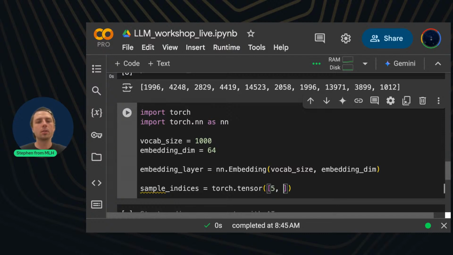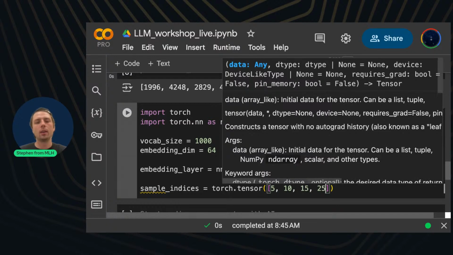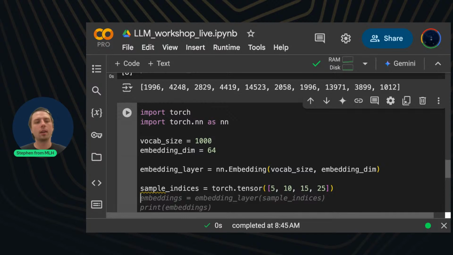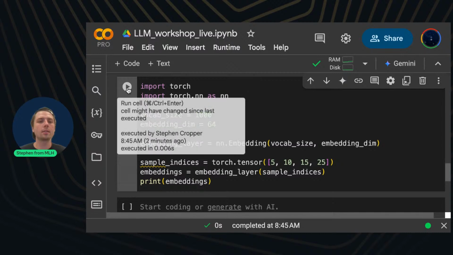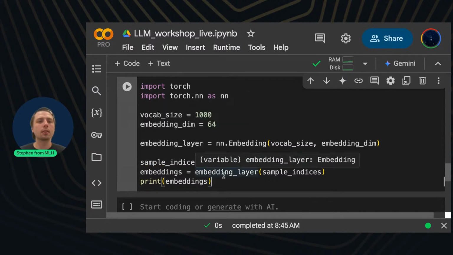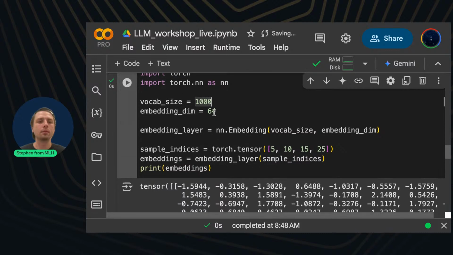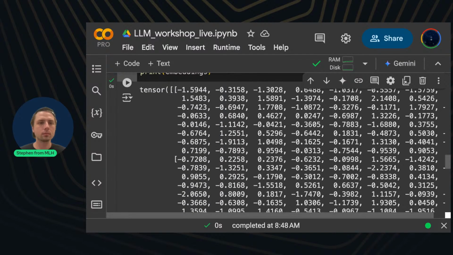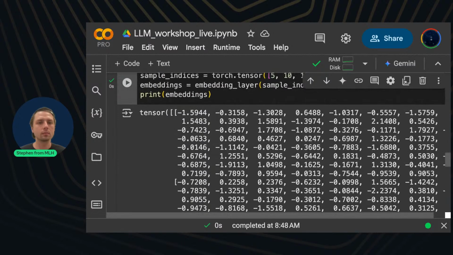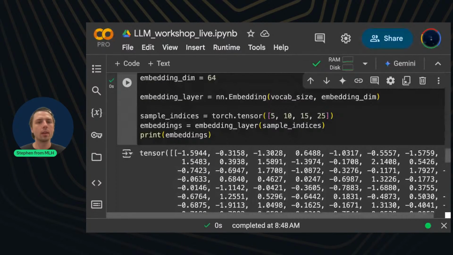But now we're just looking at some random tokens, and we can pass those into the embedding layer and print the embeddings themselves. So let's take a look. All right.